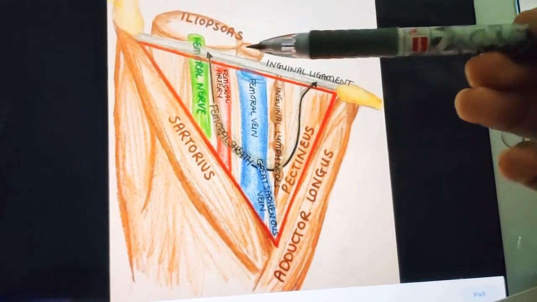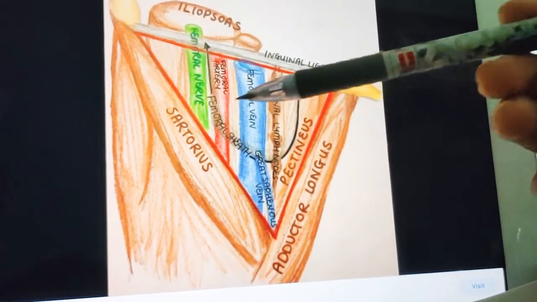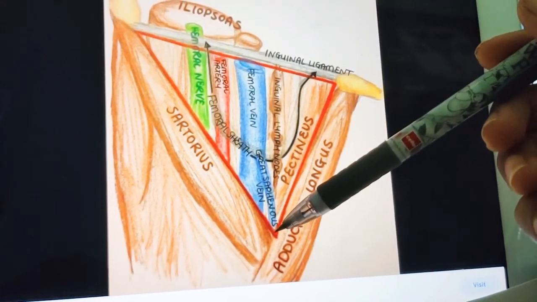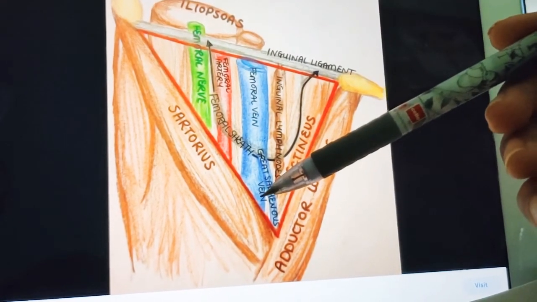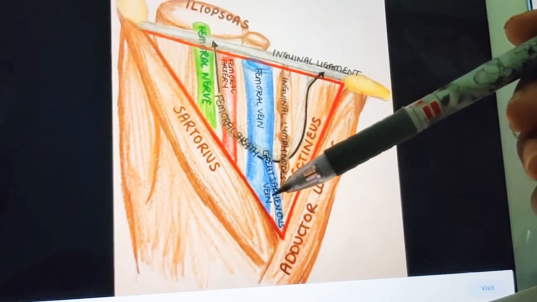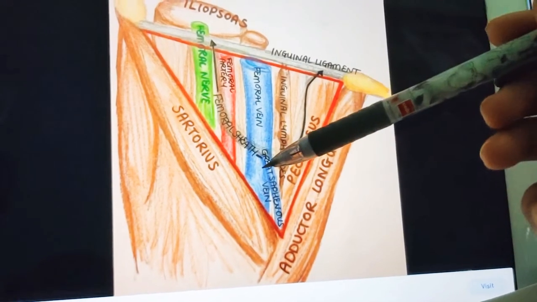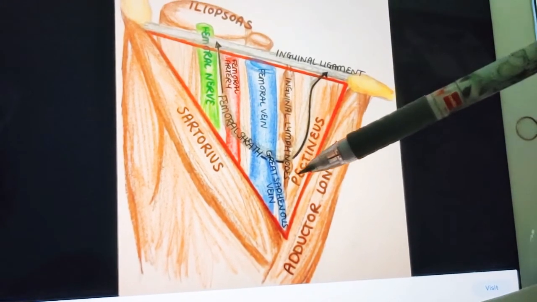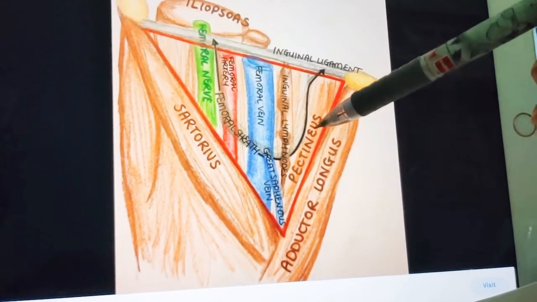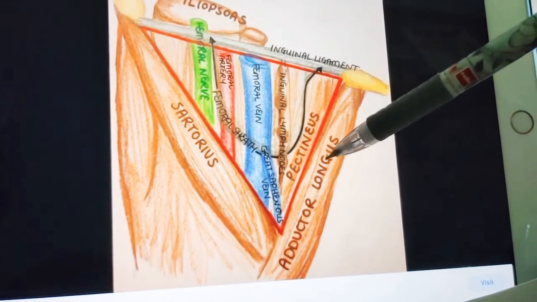And coming to the roof, you have of course the skin and the superficial fascia. In the superficial fascia you will find the ilioinguinal nerve, the genitofemoral nerve, the great saphenous vein, and also some of the femoral artery and its branches. Next coming to the deep fascia, in the deep fascia you will find the saphenous opening, and also the cribriform fascia. In the floor of the triangle, mainly medially you have adductor longus, and also the pectineus muscle, right? So in the floor you will find the pectineus and adductor longus. If you remember, the boundaries of the triangle also include adductor longus.